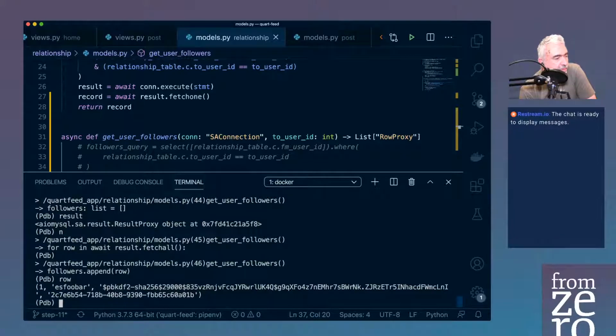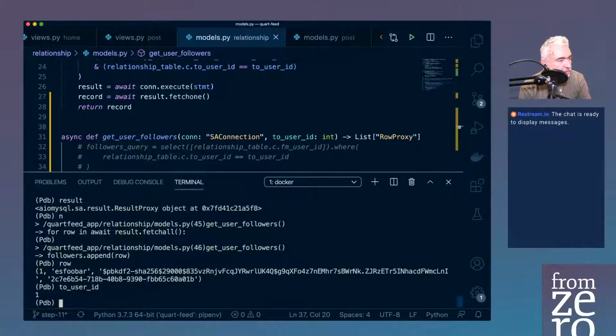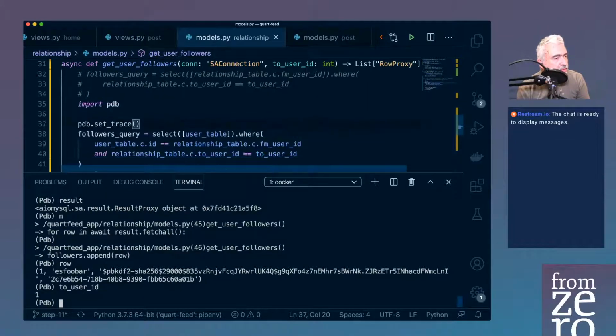So this is saying that, yeah, this is the followers that we have. Wait, the followers that Jungle G has? Now I'm confused. So if I'm posting from say 2 user ID, I want to get the followers of 2 user ID. So that's not right, because this is like SQLAlchemy. We should be getting,